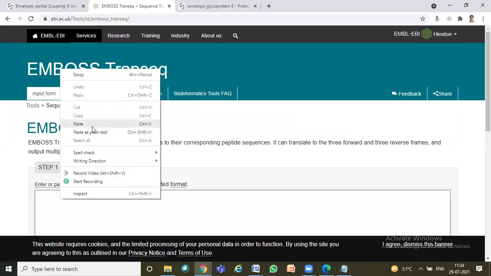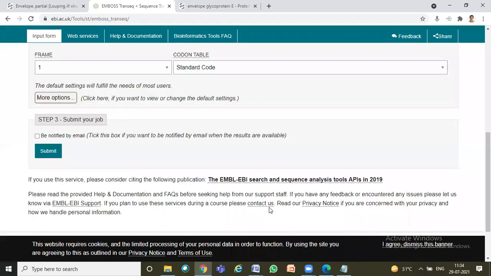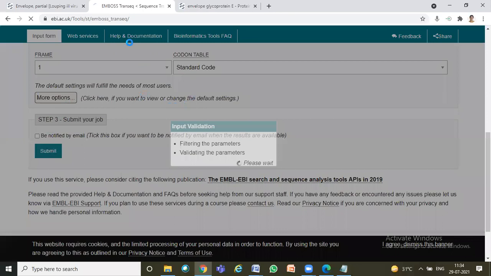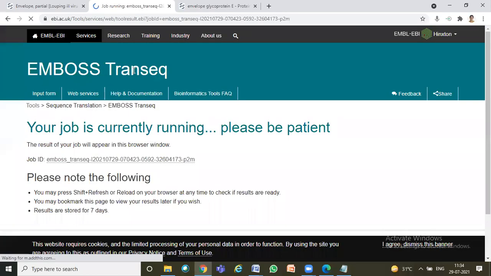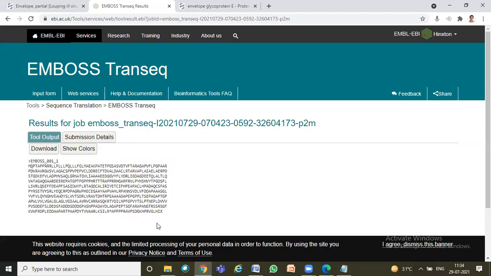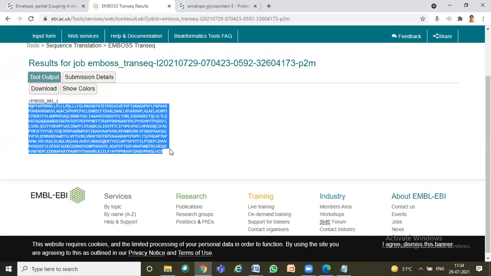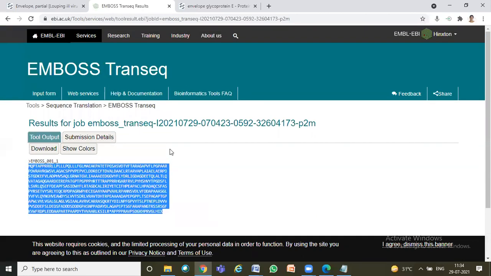So here you have to submit your DNA or protein sequence, and by using the standard code, these are all extensions at the EMBL. That's why I'm telling you, browse EMBL, browse NCBI, you will get to know many tools. See, the job is done. So you are getting the most probable amino acid sequence that might be coded by your DNA sequence.